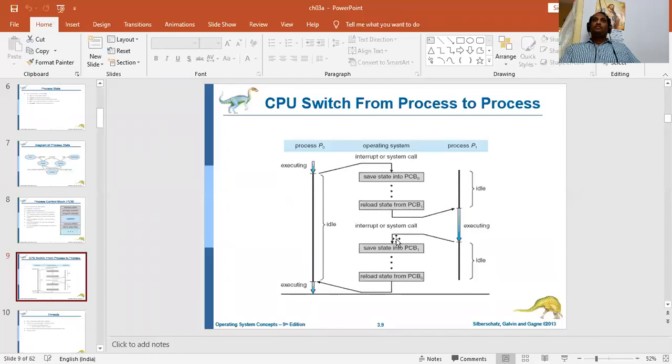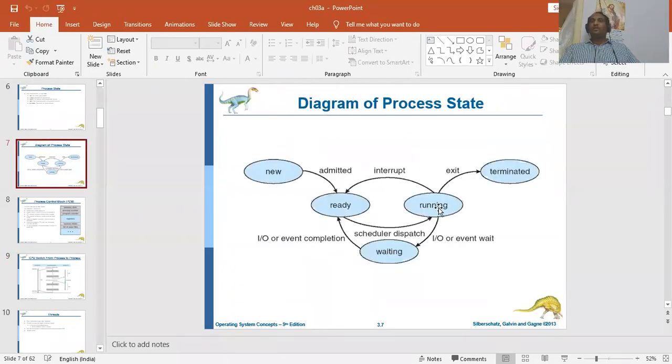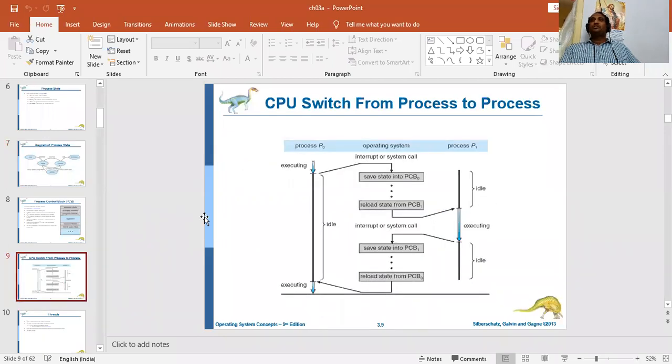Here, mainly what we are going to use is the interrupt. If you come back to the life cycle, we have an interrupt here. The process is running and it goes to interrupt. Interrupt is nothing but stopping the things for the time being. When one process requires the resources, the other process has to stop by itself. That is the duty of the operating system. So this stopping and execution of the things is what we call shift from process to process.